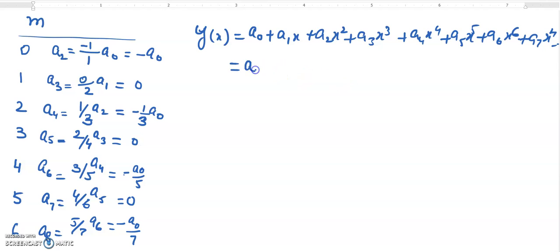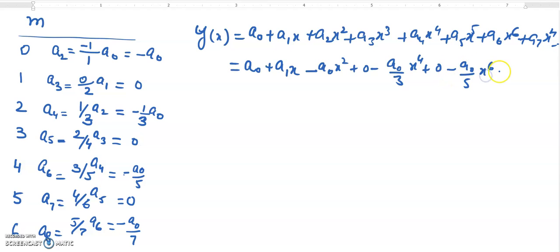So a naught plus a1x will be there, and now a2 is represented in terms of a naught, so minus a naught x square, and this is 0, and then a4 is minus a naught by 3 x4 and then this is 0, then the next term is minus a naught by 5 x6, and so on. So therefore we get